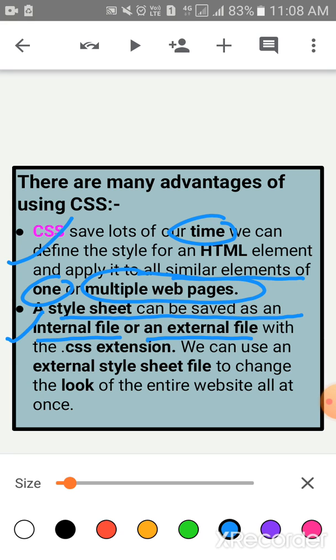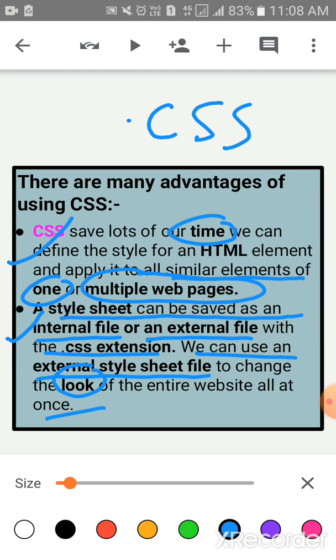an external file with the extension .css. The cascading style sheet extension is .css. Okay. Children, we can use an external style sheet file to change the look of the entire website all at once.